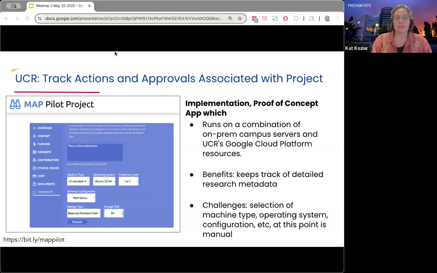Our original idea was to deploy the resources based on scripts, because that's what Victor had developed to basically do at the command line. And he was using them to deploy on-prem, or on-premises campus server resources. We pivoted to focusing on GCP, or Google Cloud Platform, because the campus ITS was working on a method for tracking and approval of GCP instances. And the benefit of that is it's able to keep track of detailed metadata, which is often required for